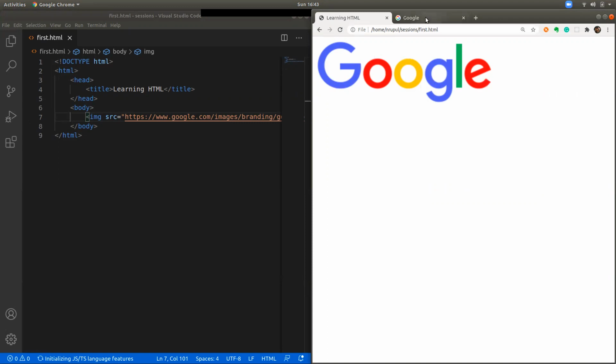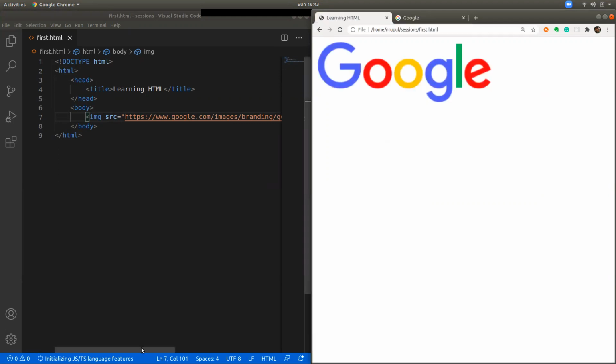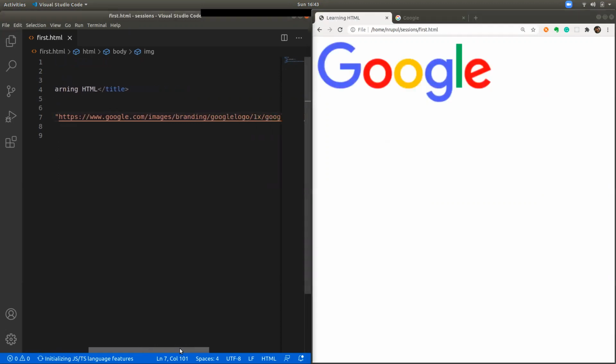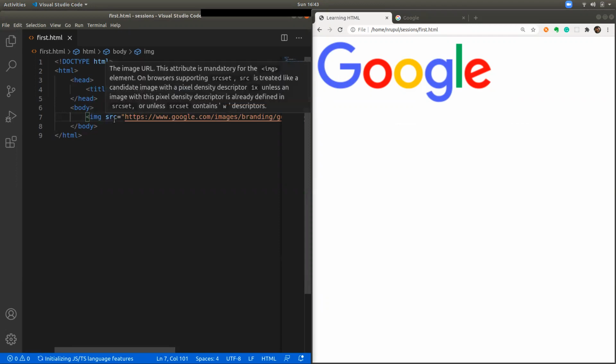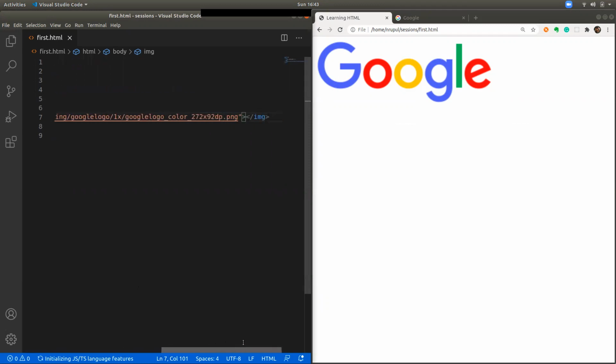Again, the size is different because it loaded the whole size. You can control it using different attributes called height and width. But for now, just understand this image tag. The image tag has just a source attribute, the URL where the image should be loaded from, and that's all. It will not have any content. So you can see this is an empty content element, which means it doesn't have any content inside it.